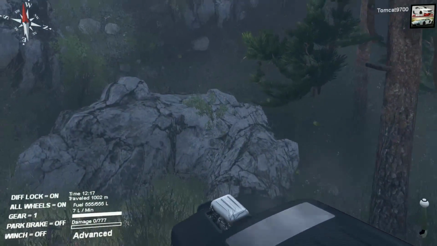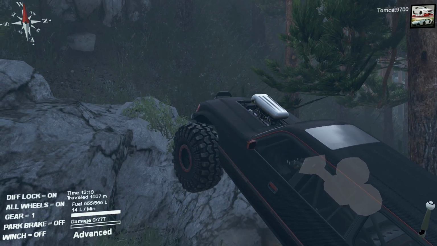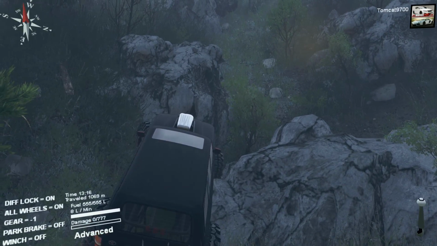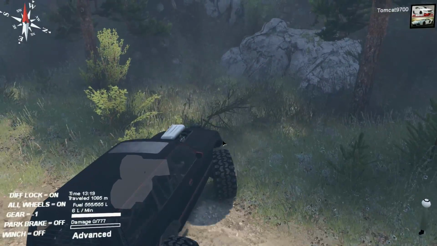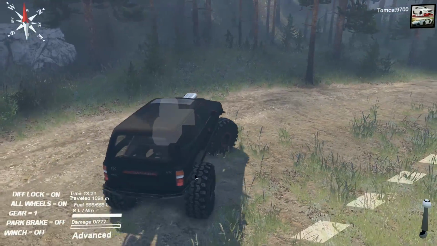Now, this area over here does have some interesting rock formations, and the thing is, when you find rock formations with a vehicle like this, you can't help but go up them. Problem is the way it gets wedged in between the rocks. Yeah, I don't think it's going to do it. I think it's the way those rocks are set up in relation to...